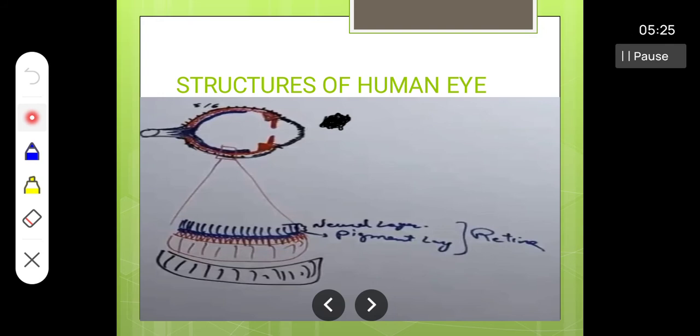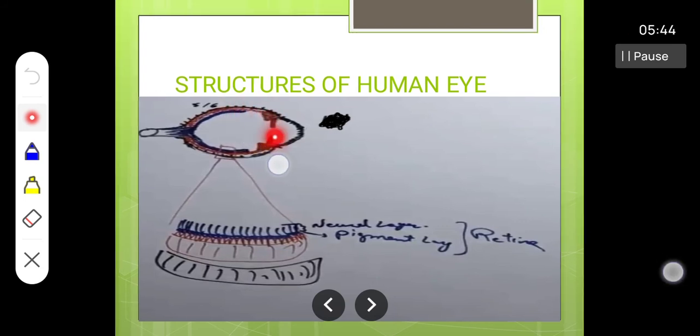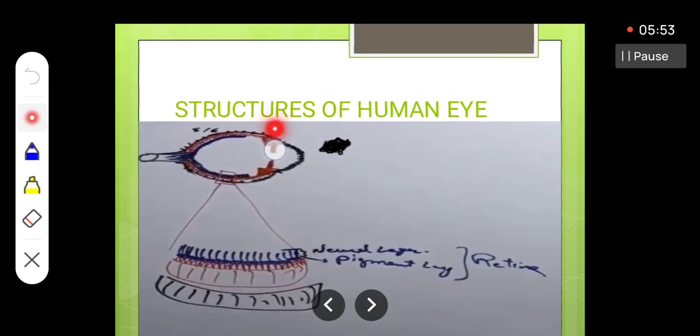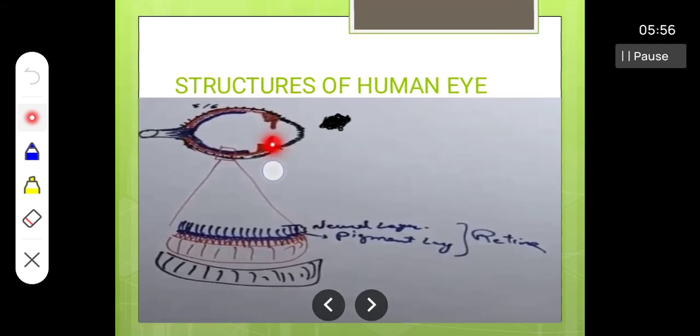So this choroid's anterior-most part, which is triangular in structure, as you can see at the pointer there, is called the ciliary body. From that ciliary body, going centrally and more anteriorly, at the front you can see a diaphragm. I am talking about this structure. This structure is nothing but the diaphragm.